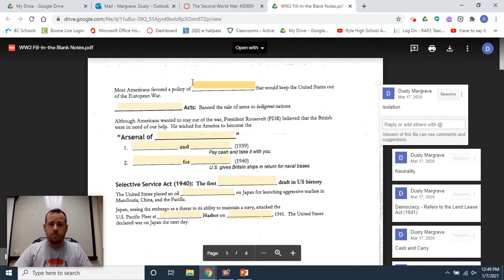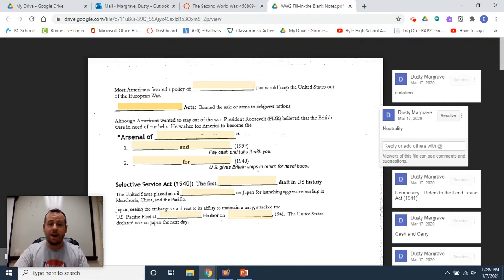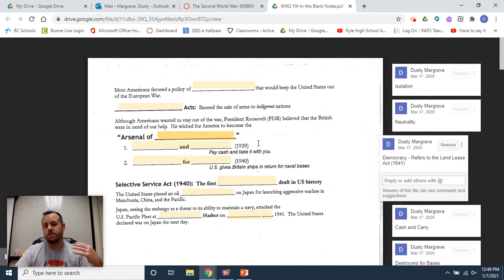Just real quick, most Americans, if you remember, before the war wanted isolation. We wanted to be neutral and keep out. However, even though public opinion was for staying out, our president, FDR, said, I think America has a responsibility. We're powerful, and we need to engage in World War II. If America doesn't engage, Nazism, dictatorships, perhaps communism, could become the dominant ideas that organize how the world works. FDR says he wants to step in and be the arsenal of democracy. That was specifically about the Lend-Lease Act, but it was this idea that America had to get involved to promote